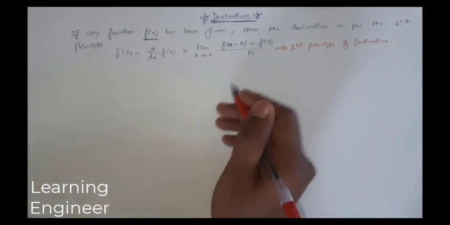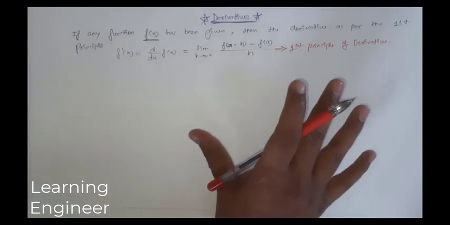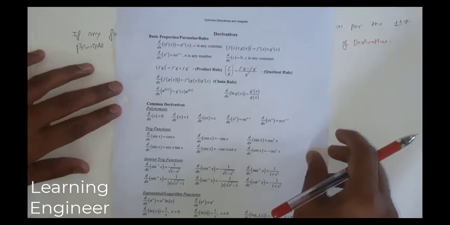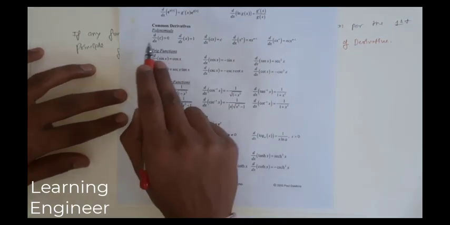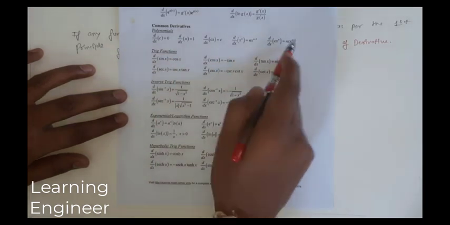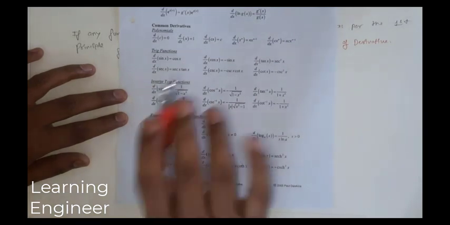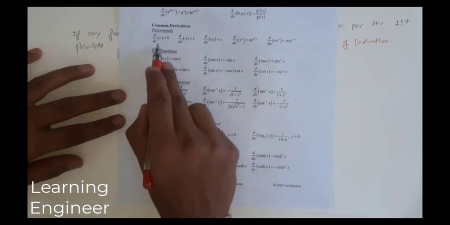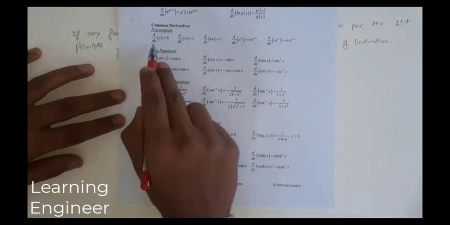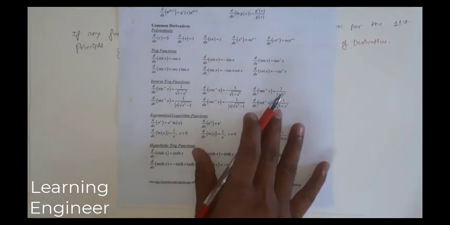Now we'll be seeing the formulas. There are some standard formulas which will be used for the derivative. This is the formula list in which you can see that for the common derivatives we can directly find the derivative of all these particular terms. Derivative of constant will be equal to 0. When we say derivative, always remember one thing, d upon dx. We are differentiating with respect to something, that is d upon dx, that is known as the derivative.